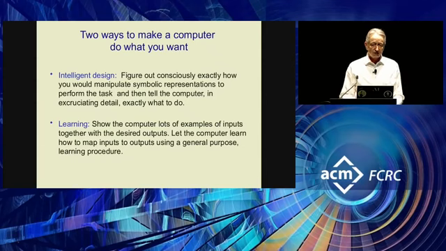They lead to two very different ways of trying to get a computer to do what you want. One method, which I slightly naughtily call intelligent design, is what you would call programming. You figure out how to solve the problem, and then you tell the computer exactly what to do. The other method is you just show the computer a lot of examples of inputs and the outputs it should produce, and you let the computer figure it out. Of course, you have to program the computer there too, but it's programmed once with some general purpose learning algorithm. That, again, is a simplification.